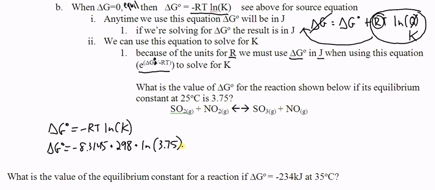So let's see what this kicks out for us. 8.3145 times 298 times the natural log of 3.75 puts us at a value of delta G standard being,